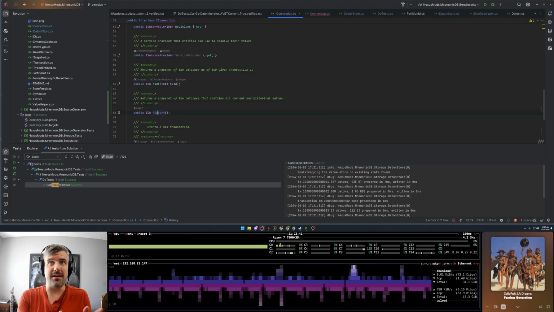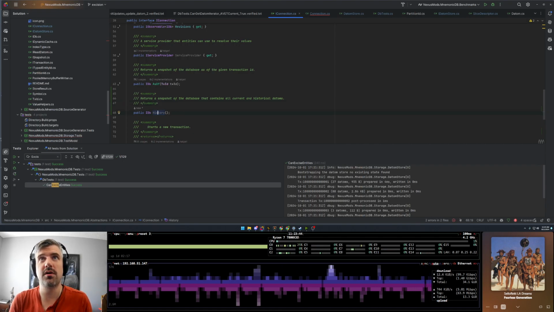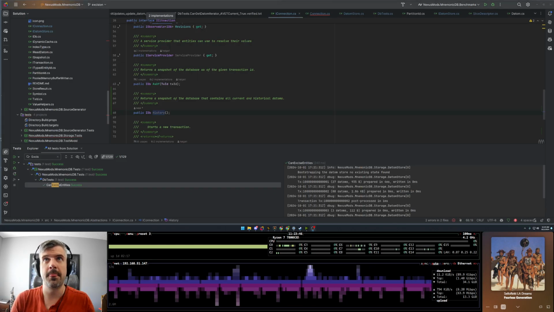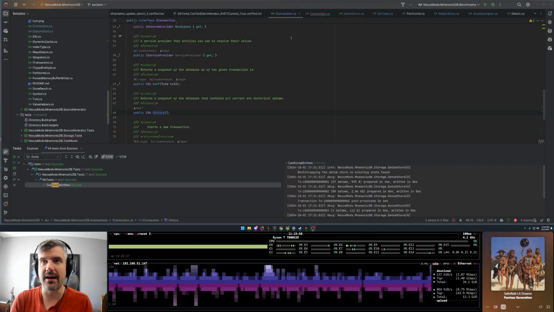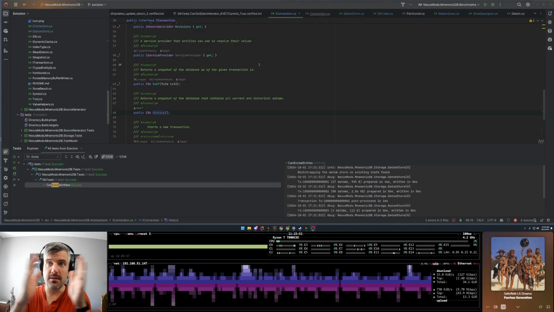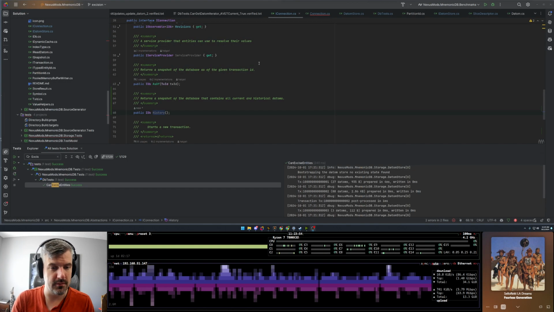So it's still an IDB. You can query it the same way. But it'll contain everything, so we'll be able to see both of those changes if we do this right.